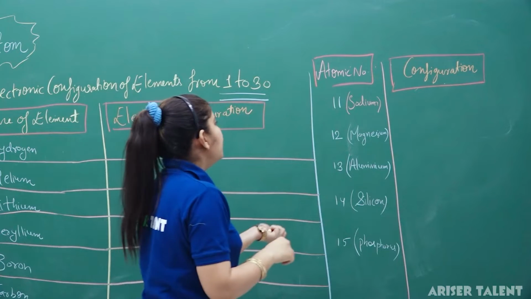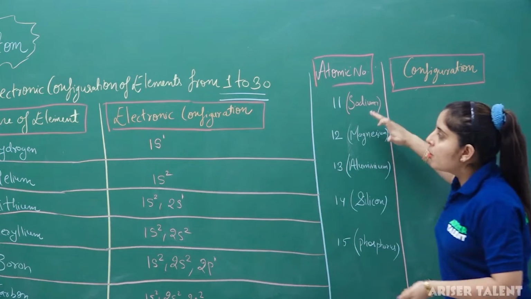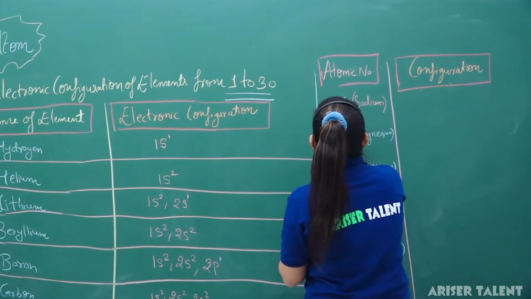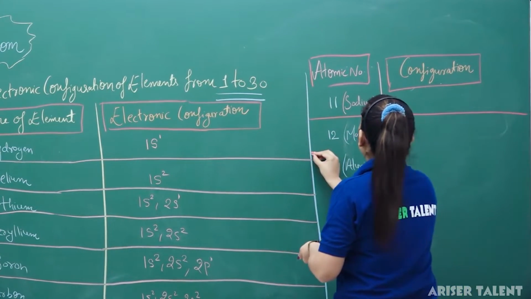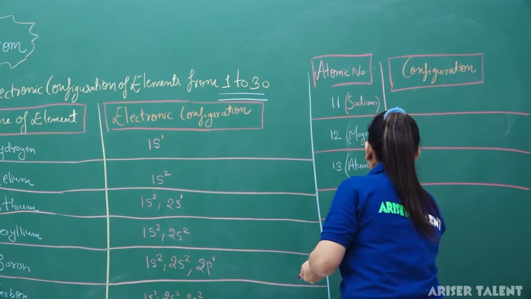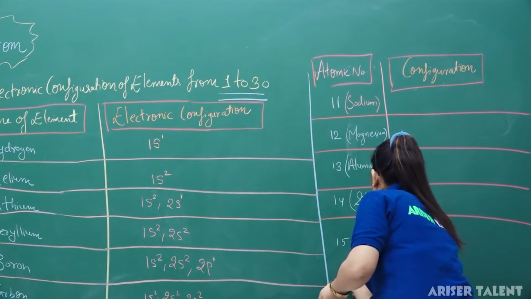Now I want to write the electronic configuration from atomic number 11 to 15. So 11 number for sodium, 12 for magnesium, 13 for aluminium, 14 for silicon, and the 15 atomic number will be